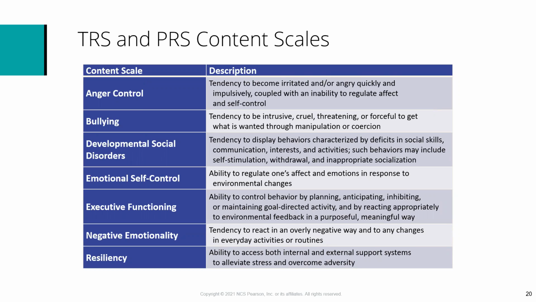The content scales are theoretically derived scales that contain some unique items that are written specifically for the scale, in addition to items shared from other clinical and adaptive scales. For example, if we look at emotional self-control, it is influenced by negative emotions like sadness, frustration, stress, or fear. It's a subset of self-regulation or executive functioning.